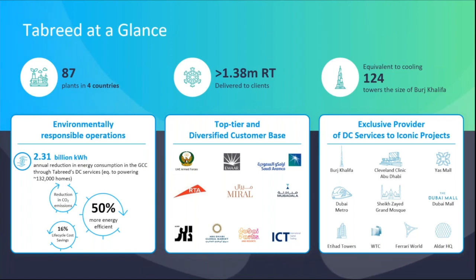We heard from our colleagues at Qatar Cool how important district cooling is for the sustainability of our industry and for reducing the carbon footprint of cooling worldwide. Tabreed is the national cooling company, based in Abu Dhabi, founded 25 years ago, a quarter of a century already, with significant contribution in the UAE and GCC in terms of reduction of electricity consumption and CO2 emissions. As of today, Tabreed counts 87 plants established in 4 different countries in GCC,